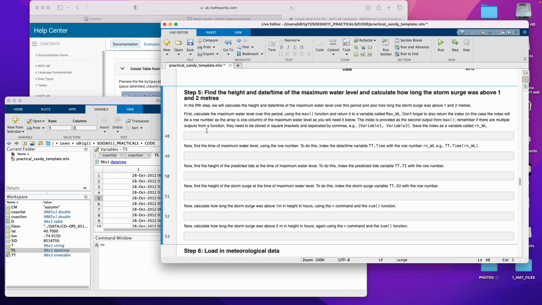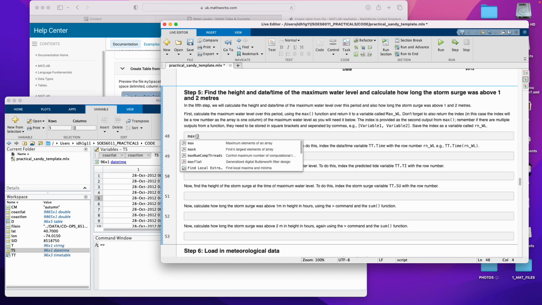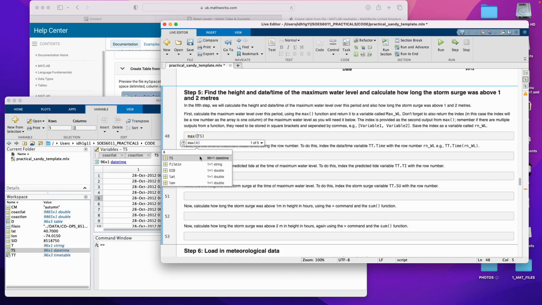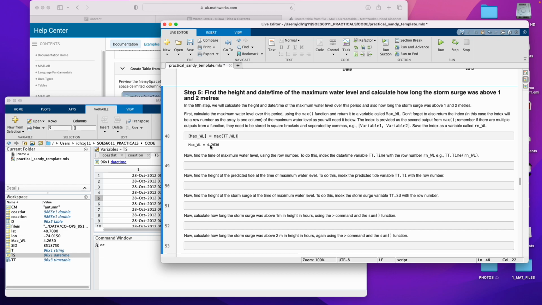Now in MATLAB, it's quite straightforward. The function is going to be called max, circular brackets, and what we want the maximum of is the timetable, dot, and the water level column. So you always have the function name, circular brackets, what goes in, and then you have square brackets as to what comes out. So what I want out is what the max water level is. Now, if I run this, it tells me that max water level is 4.263 meters,